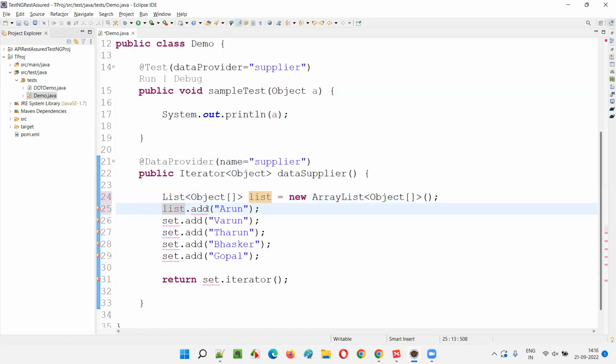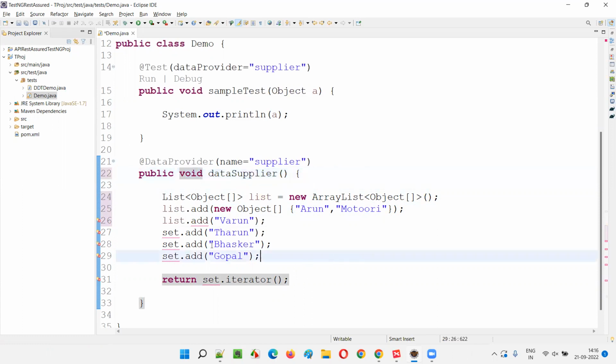add of. Here I want to pass an object array. That means I have to say something like this: new object array having multiple values. You can have a single value also, that's fine. Now list dot add of. The return type is going to be the iterator of object array, guys. I'll change it to wide for now. Here I'll say new object. So if you want multiple counts of data for every set of data, then Varun,